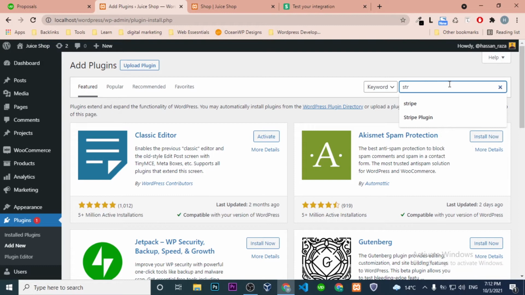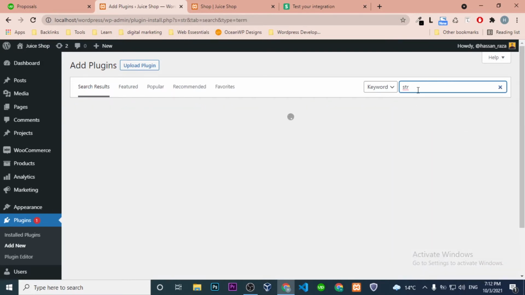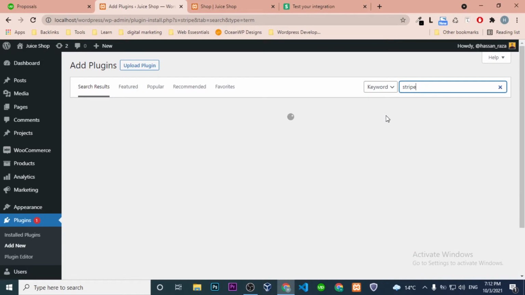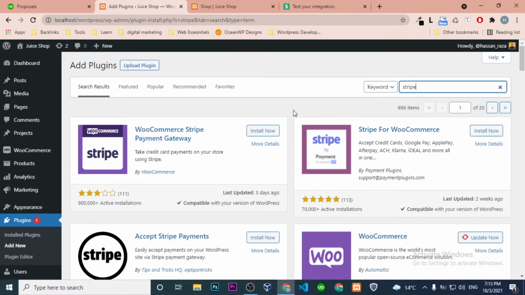So search for Stripe, and here I will use this plugin, because it was updated 3 days ago and the others were updated 2 weeks ago. So press the install now button.